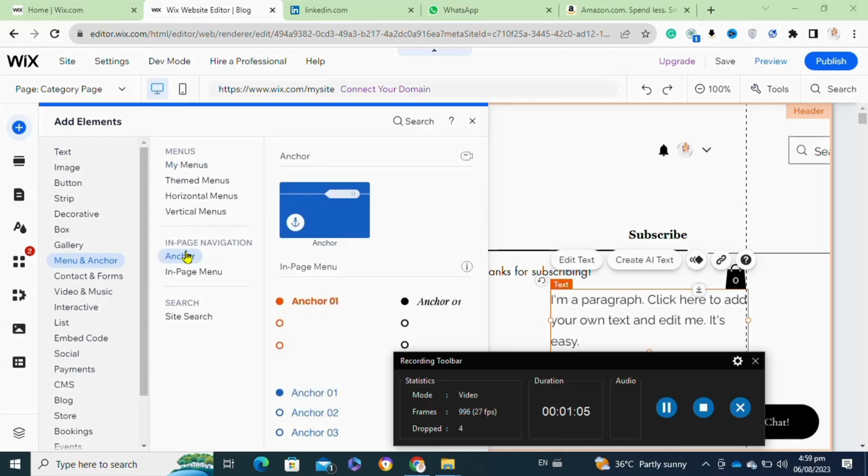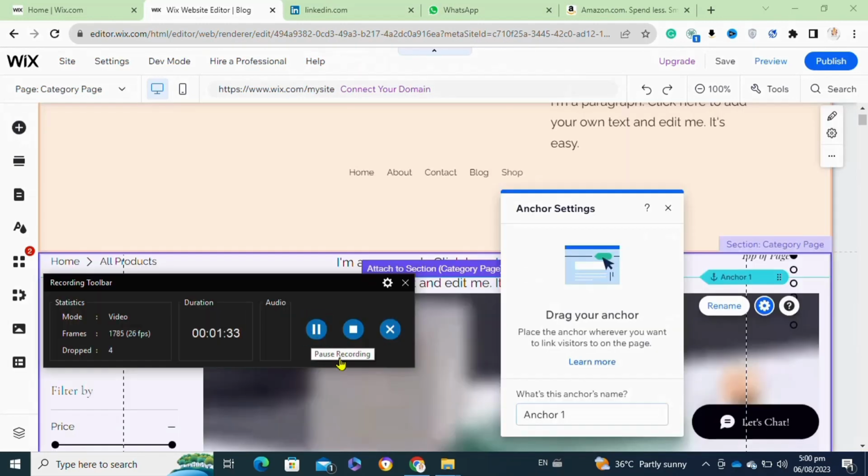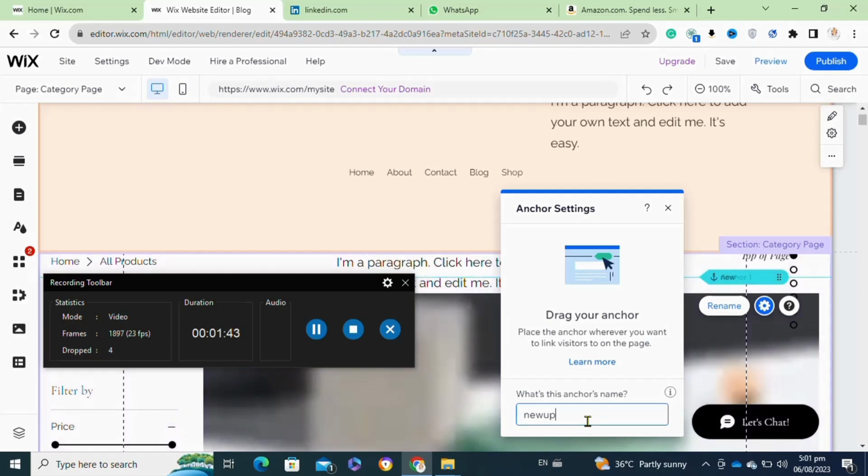After that, from the right panel you have to simply click on this video icon next to the anchor. Then you have to drag and drop this anchor link onto your website. Then here you have to change the name of your anchor link. To change the name, simply click on the backspace on your keyboard and then enter a new name that you